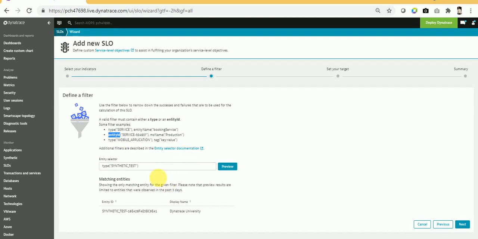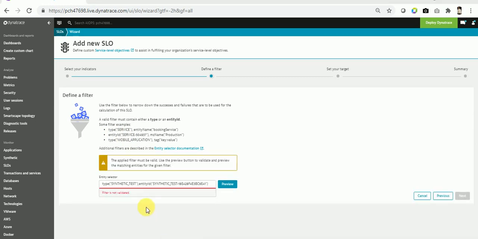Let me copy and paste this entity ID. Here you can see I've mentioned the type synthetic test along with the entity ID.